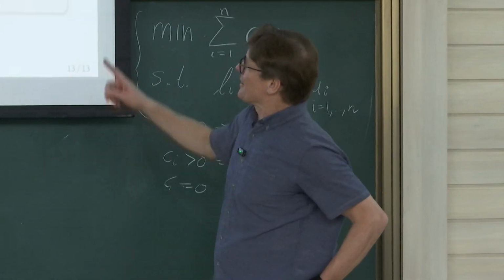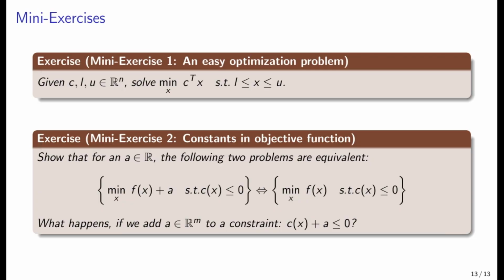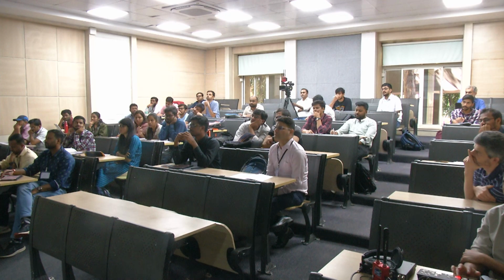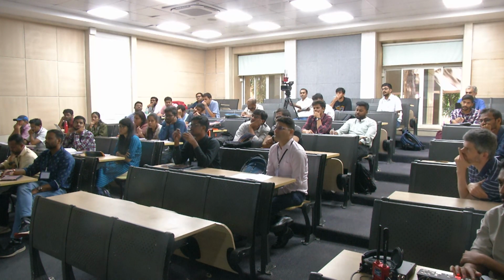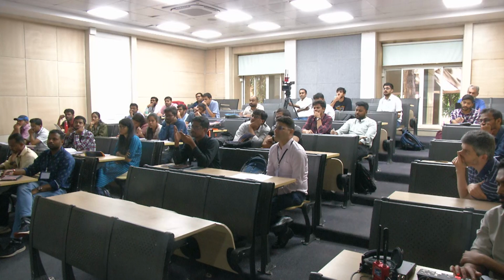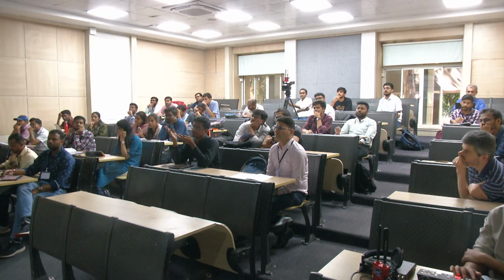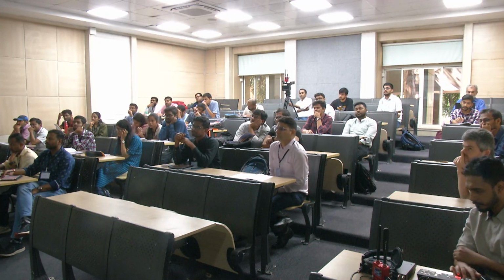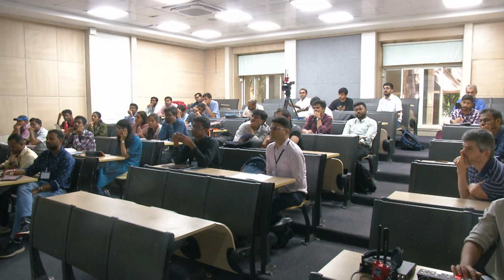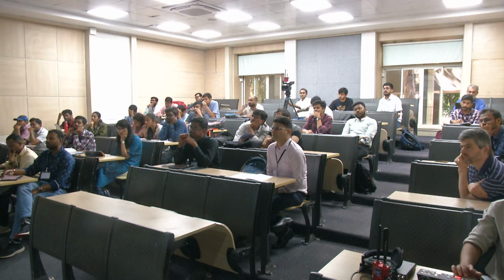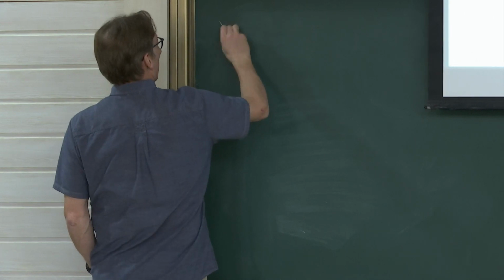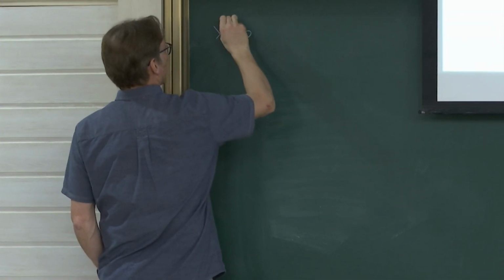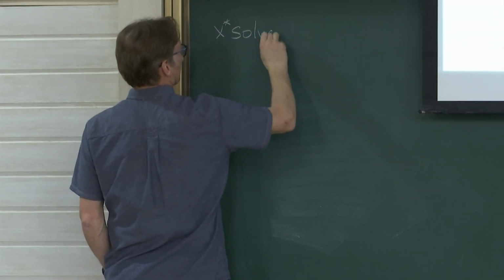Okay, I don't think I got a good answer for the second one. So does anybody have a good answer for this one? In the first case, the feasible region doesn't change. I mean, the constraints are c of x less than or equal to 0 in both cases. Yeah, okay. So let's take a solution, x star solves,